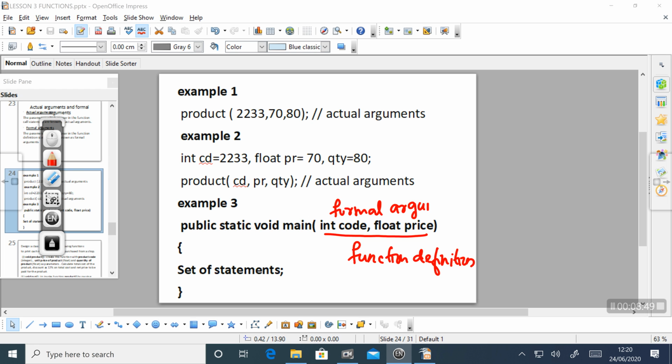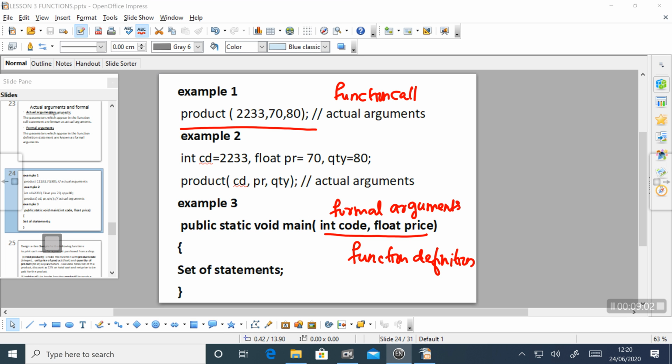And look here, this is a function call, and the arguments inside the function call are actual arguments, and the arguments inside the function definition are what? Formal arguments.